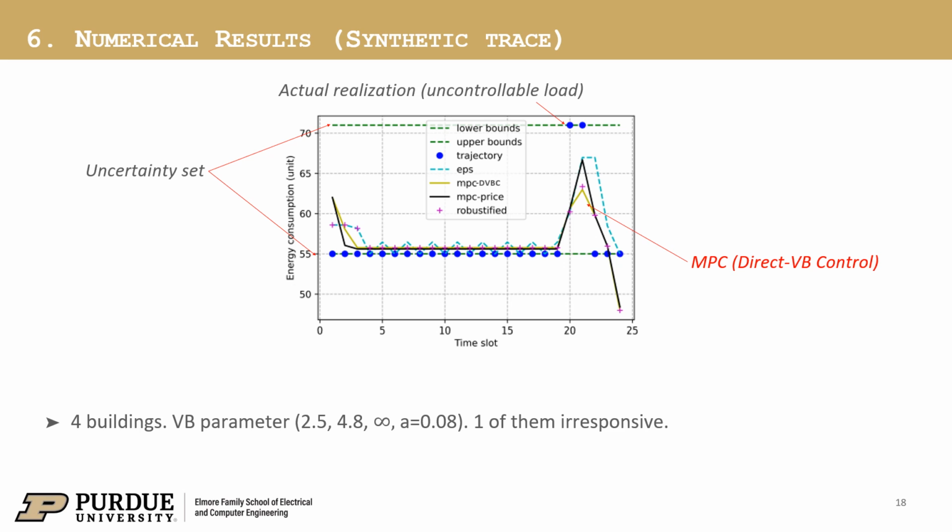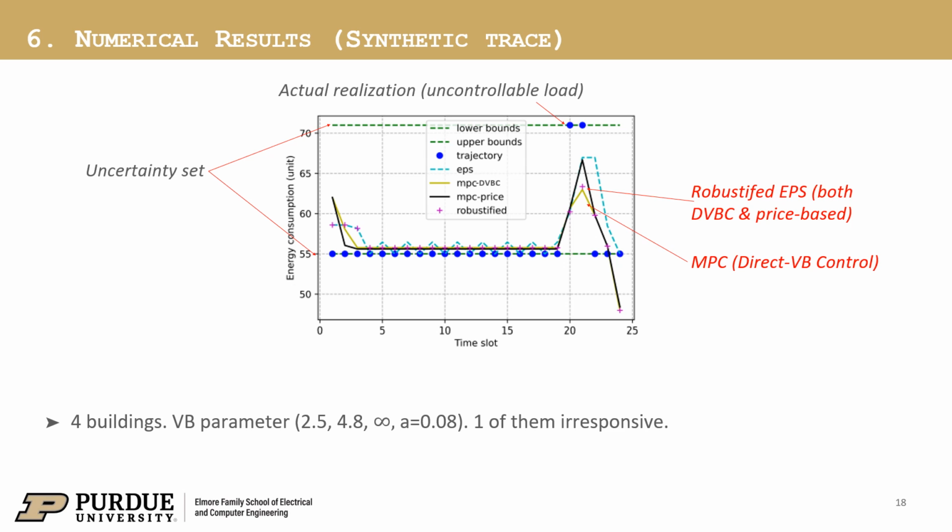In contrast, robustified EPS, shown by this purple cross, is very low, because it takes the lowest possible future peak as the estimate. If the future realization remains at the lower bound, then EPS would have attained a much lower peak than MPC. Now let's take a different scenario where, at a later time slot, 21,